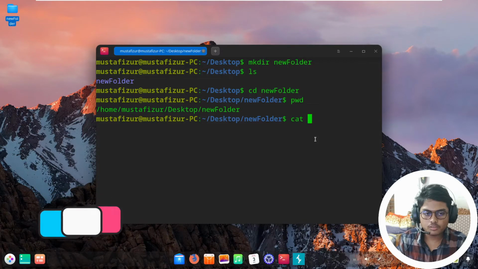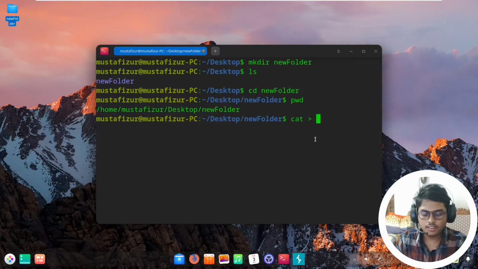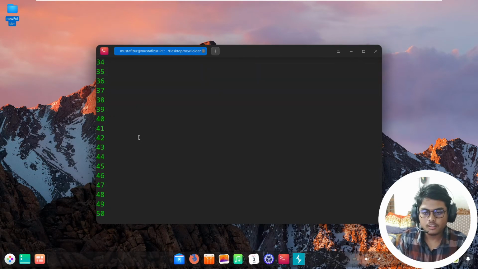If you want to input some value in your file, at that time you need an arrow symbol and your file name. Now our file name is number.txt. I am inputting some values, 1 to 50. Let's enter.